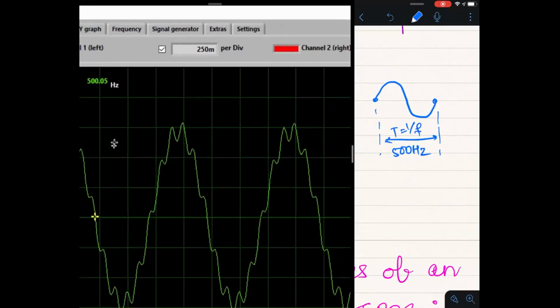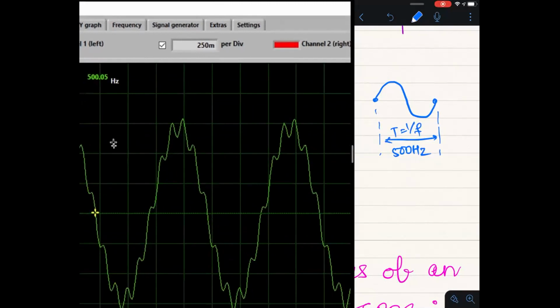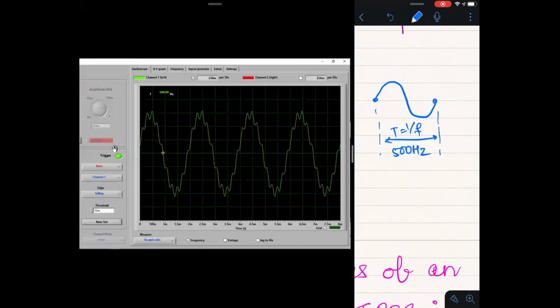Just let me zoom out. Yeah, so on top of this main sine wave signal, these are the sine 10 omega t. This is for sine omega t and this is for sine 10 omega t. So this is basically the superimposed version of the two. Okay, now on looking at this waveform, one can say that this signal has some noise.